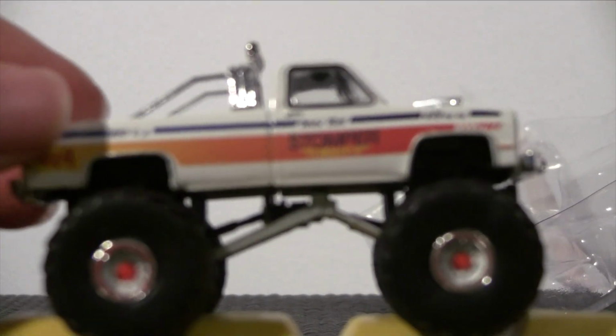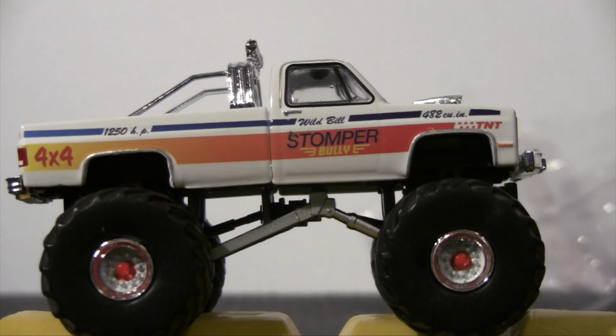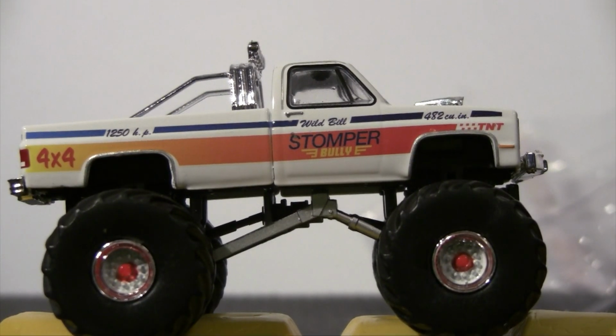Here comes the Stomper Bully up top of the cars. Check out this paint scheme and this design. This truck was owned by TNT Motorsports, and it ran from 1985 to 1988. It was driven by Mike Witt and Gene Patterson, trying to just get some info off of the internet about